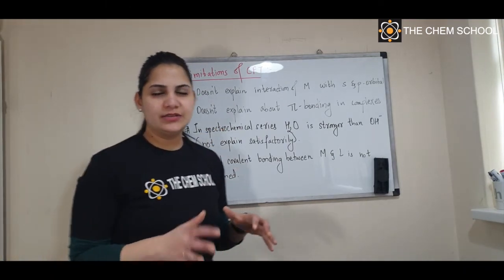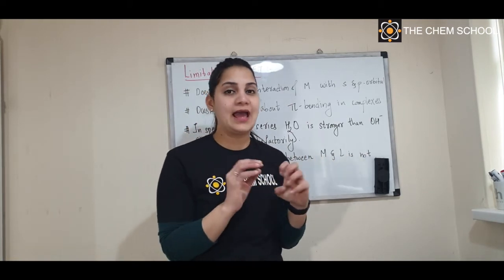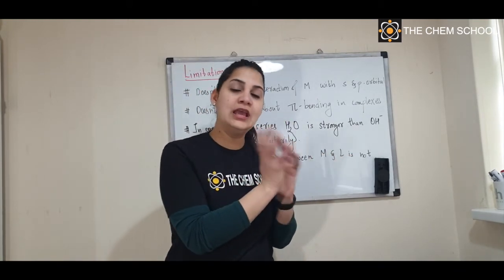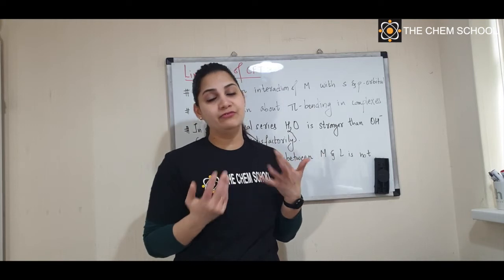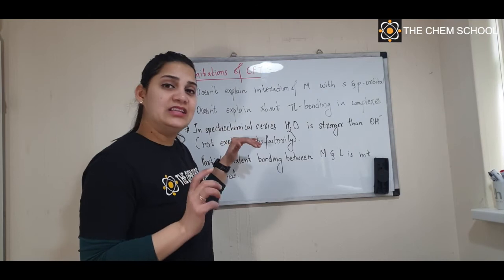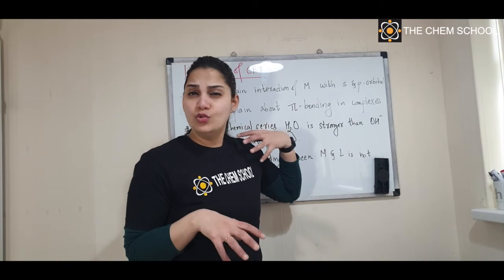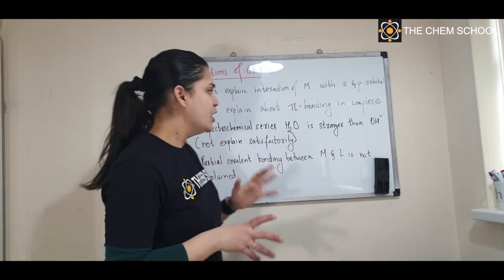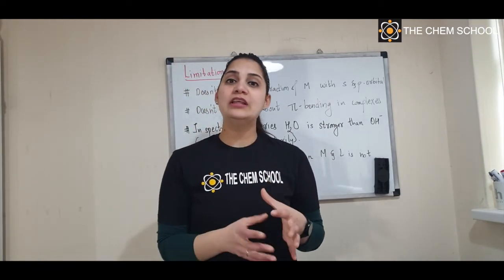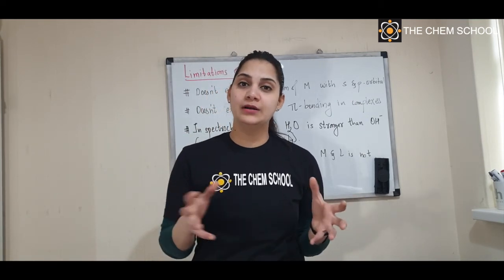In the spectrochemical series, if you remember, I said that water is kind of a center where you can distinguish the strong field ligands from the weak field ligands. Water and beyond were all weak field ligands, and above that almost all of them are strong field ligands. But if you notice in that series, water is a stronger ligand than OH minus, and there was no valid explanation for that. Hence, because of this limitation, it is not a perfect theory for explaining coordination compounds, but yes, it is one of the most superior theories to explain coordination complexes.